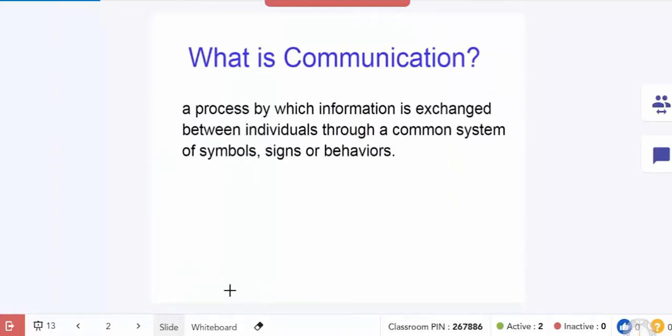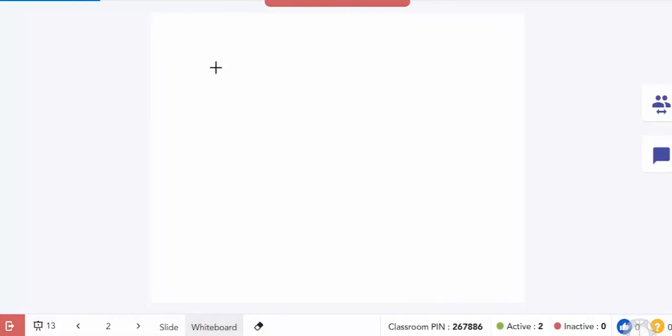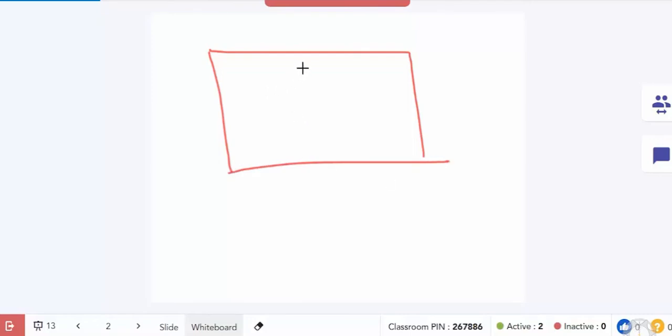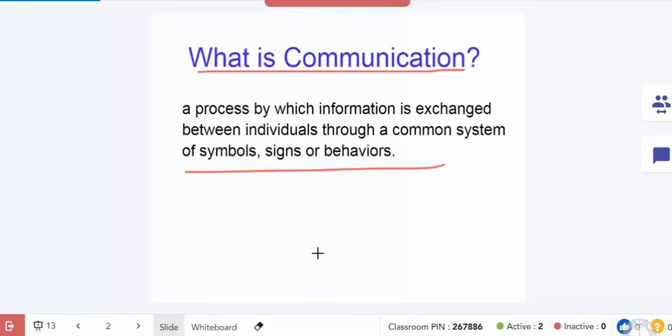If you want to explain a particular point or highlight a particular point, you can highlight it using this. It is default. Or if you want a blank screen, you can click on whiteboard and then write on that screen. To explain a concept or a diagram, you can click on the erase button to erase everything that's on the whiteboard. If you want to go back to the PPT, you can select the slide option. You are back on the PPT.